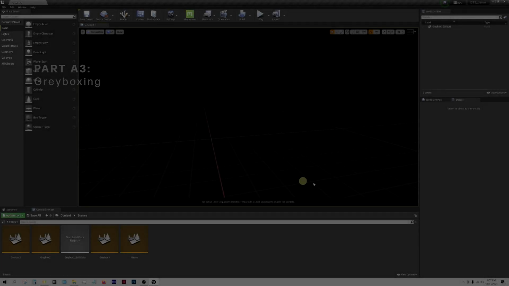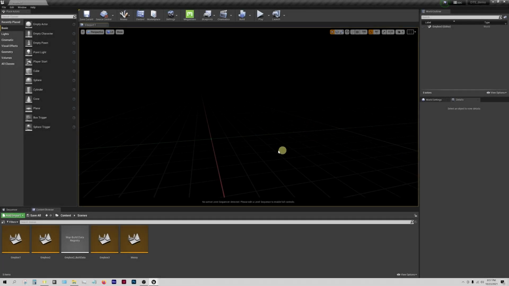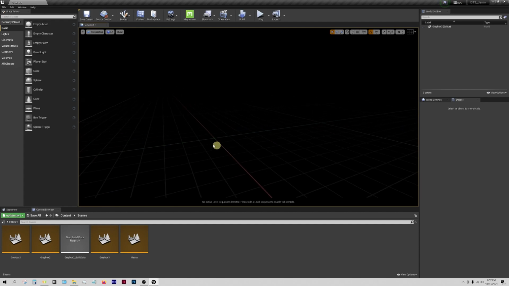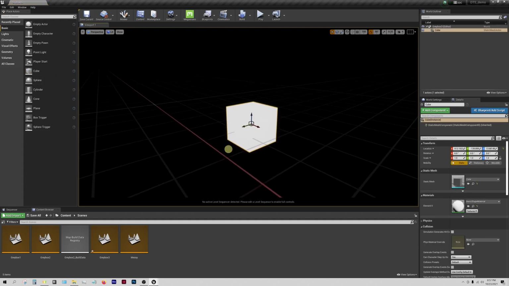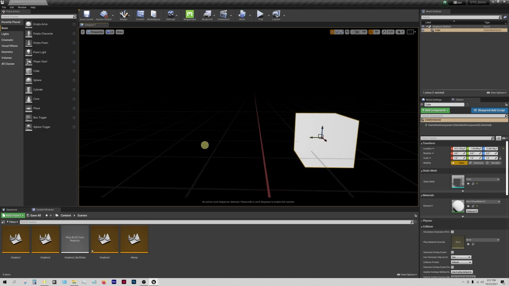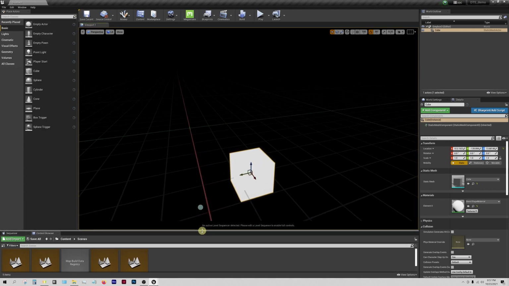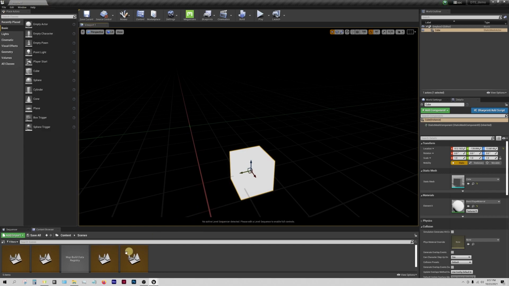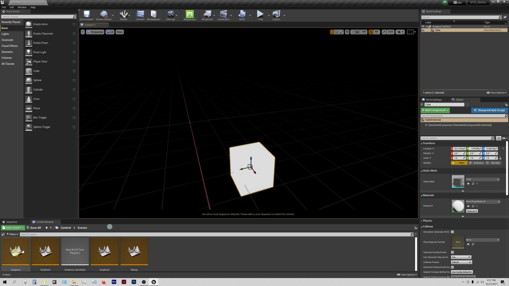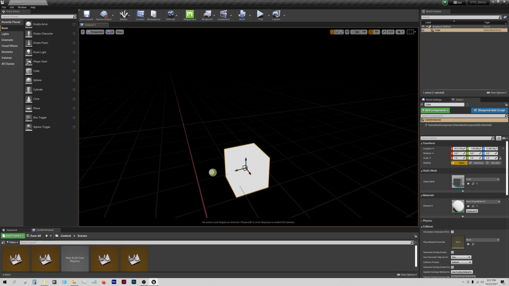To begin one of these totally blank slates, I find it really helpful to put in just a base geometry. I'm going to begin with just a cube in the space, and go ahead and save the level. So I did cheat and I made a new level. I have a couple other samples I've made that I'll showcase later on, but to begin this blank one, we're